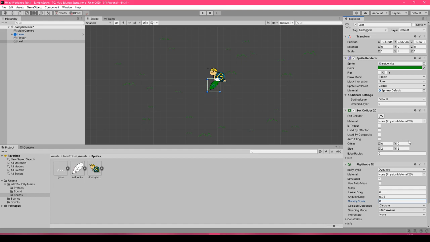One thing you also should do is here under the box collider 2D, there's this is trigger option. So for both the leaf and the player, you should tick is trigger. This is mainly so that we don't get the objects pushing each other around, because if I show you without it,